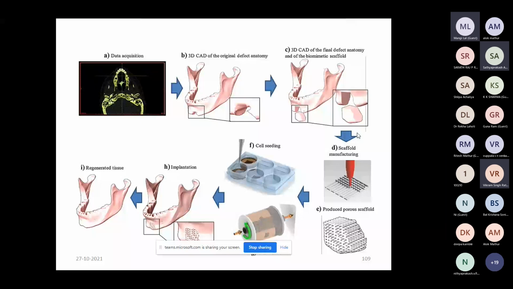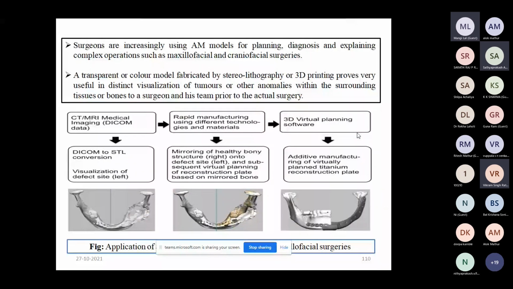Okay, and surgeons also use these additive manufacturing models for planning and also explaining complex operations such as maxillofacial and craniofacial surgery. So how does it happen? First of all, this is simply done by using the reverse engineering process. First, CT scan or MRI. The CT scan is computed tomography, and MRI is magnetic resonance imaging.